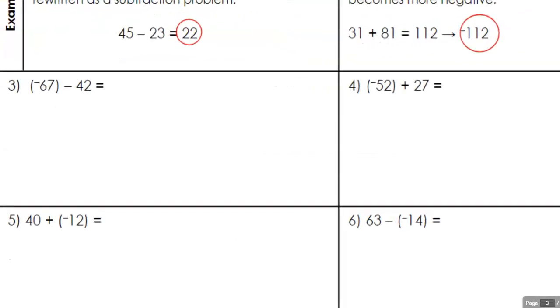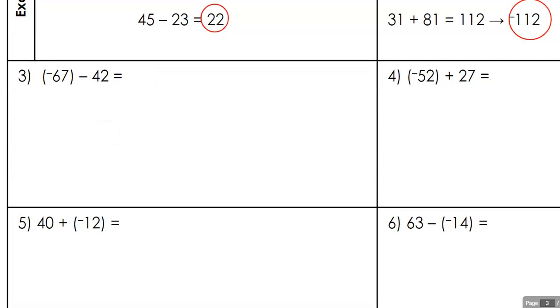Do you see how you have a minus here, and then you have a minus sign here. So what you're going to do in this case is you cannot subtract. You got a negative number here, and you can't subtract this just the way it is. So we're going to change this minus to plus a negative. Keep the first number the same. And this minus sign, we're going to change it to a plus. And we're going to change the second number to its opposite, which is a negative